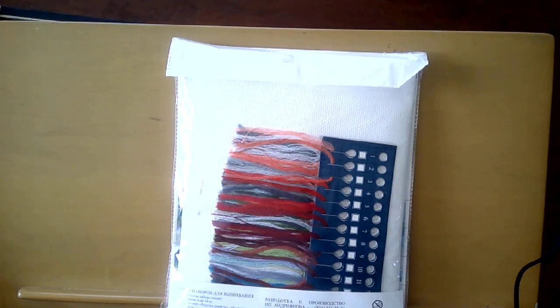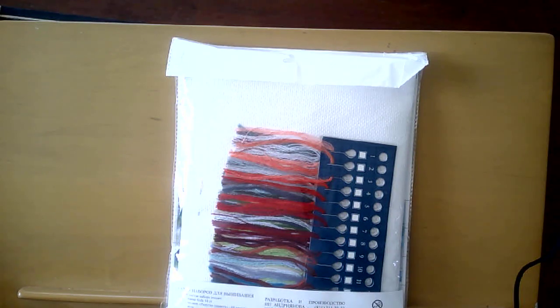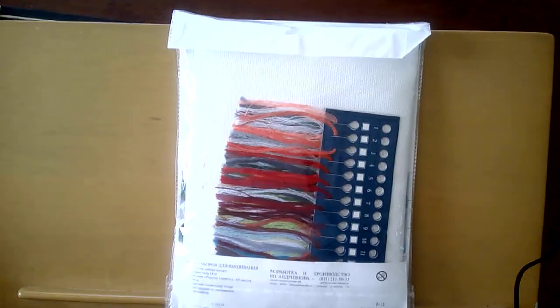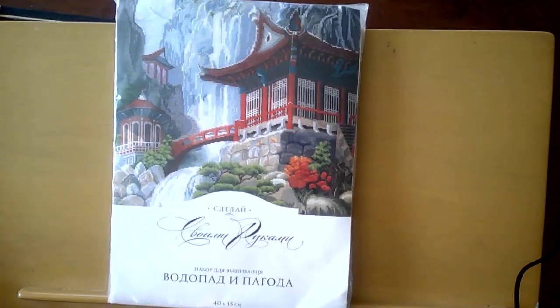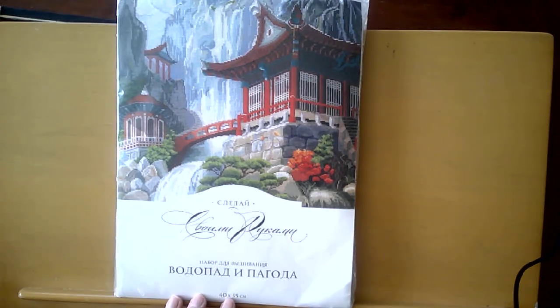It seems to be Russian because we've got a .ru. 14 count Aida, I can tell you that much. It looks like it's done with flosses similar to Riolas, because those do not look like divisible cotton flosses at all. So I think we've got some kind of wool acrylic blend to do this with. And I'll just leave it there long enough that maybe if you like that design, you can try using Google Translate and jot down for yourself what you see here. I think it might be waterfall and pagoda,